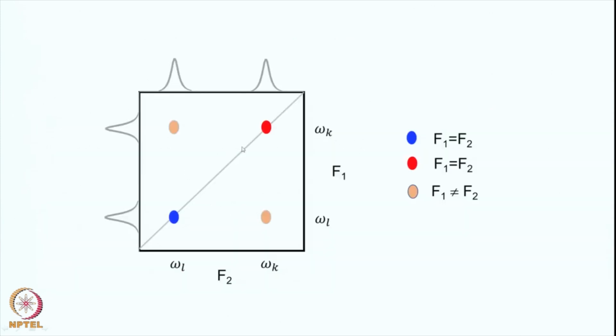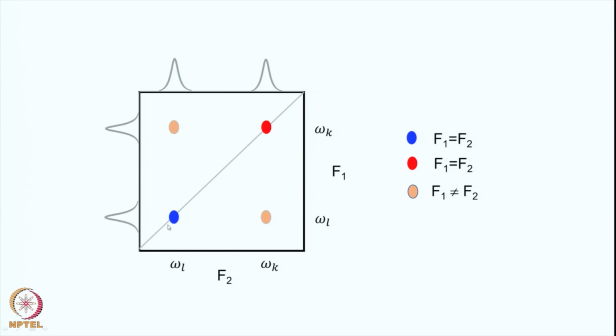Okay. Now schematically, if you wanted to represent it in a diagrammatic form, this is your 2-dimensional frequency domain spectrum and these are the two 1D signals here. So one frequency omega k, other frequency omega L. We started the calculation with the omega k frequency. We said that part of the omega k frequency remains at omega k and this produces the diagonal, and part of it is transferred to the spin L and this becomes your cross peak. So I generated from omega k this frequency and this frequency.